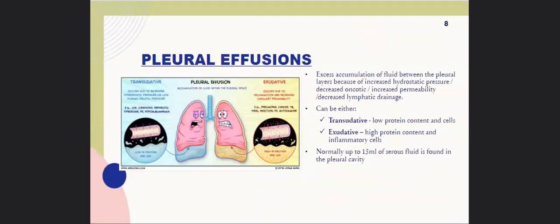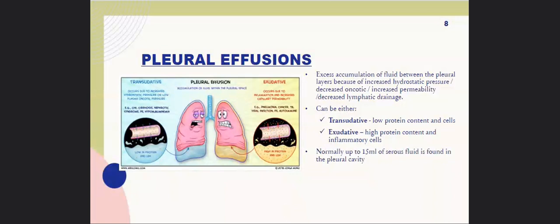Pleural effusions are basically accumulation of fluid within the pleural space, and this could be because of increased hydrostatic pressure, decreased oncotic pressure, increased capillary permeability, or decreased lymphatic drainage. It can be divided into transudative and exudative pleural effusions. In the case of transudative pleural effusions, the fluid has a low protein content and low number of cells. This occurs usually due to increased hydrostatic pressure or low plasma oncotic pressure, for example, in heart failure, cirrhosis, or